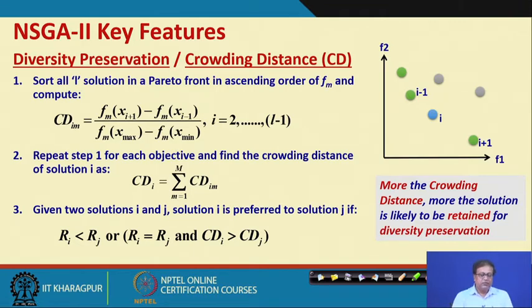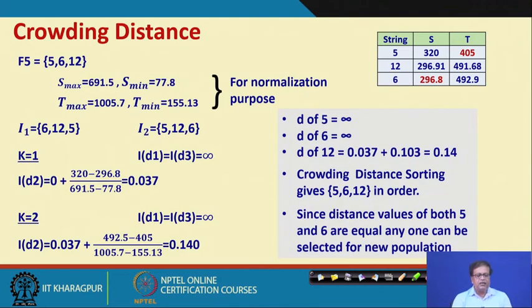So, choose first by rank and then by higher crowding distance. Why higher crowding distance? Because take the lonely ones, because if you remove the lonely ones, a large portion of the objective function space might remain unexplored, all right. So, this is the essential idea, right. So, that is the conceptual thing. Now, the actual calculation.